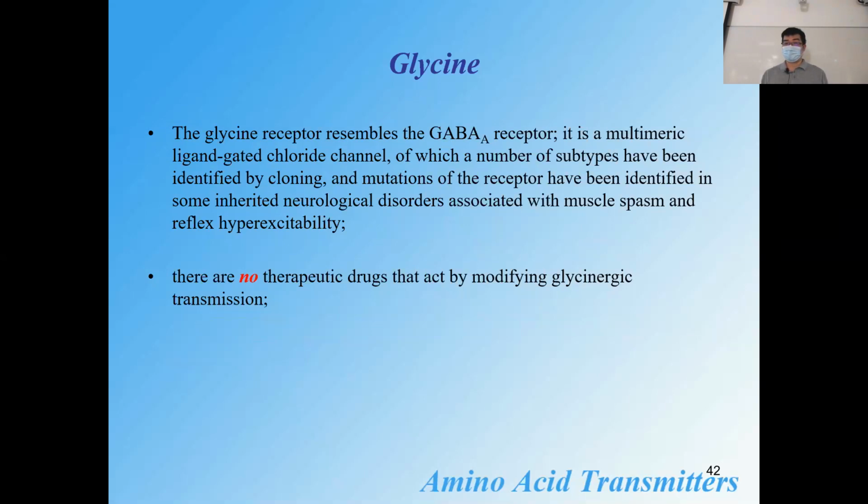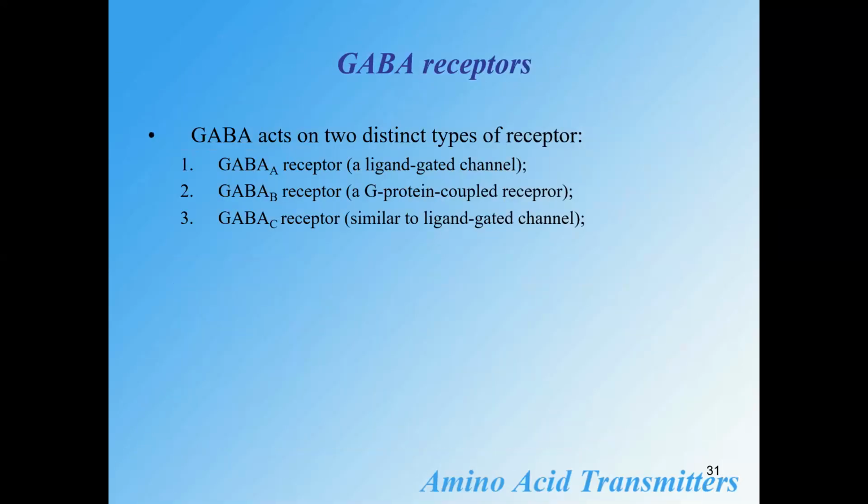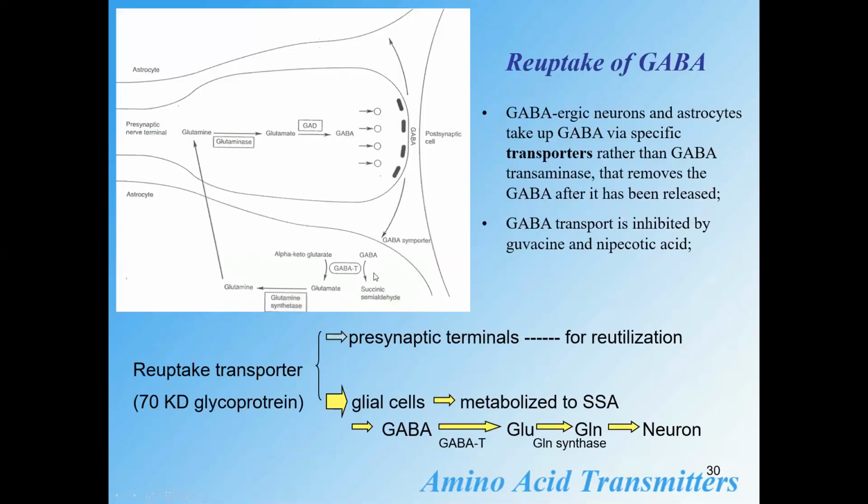Hello, Professor. I actually have a question regarding page 30. You mentioned that the astrocyte would change the GABA into glutamate and then into glutamine and then into GABA again, this cycle. And why don't they just make a storage of the GABA? Why do they need to break it down and then make it into glutamine and then make it into GABA again? It's kind of energy consuming. It's not very efficient to do this. Why did they design this kind of mechanism?